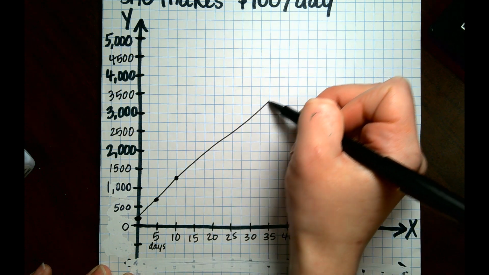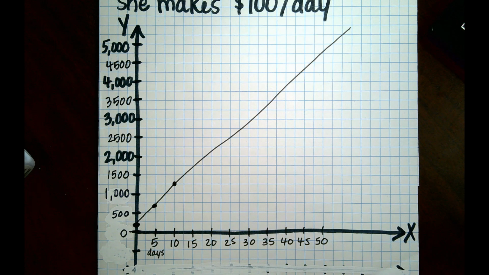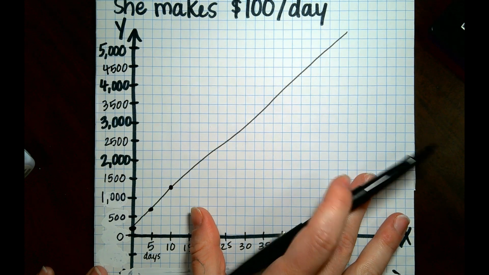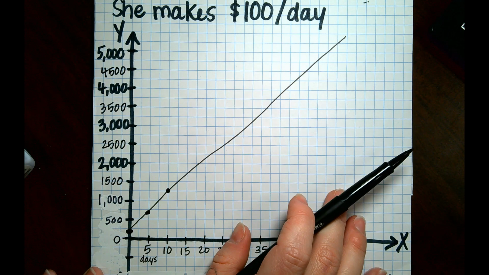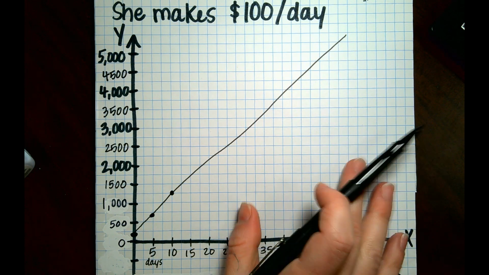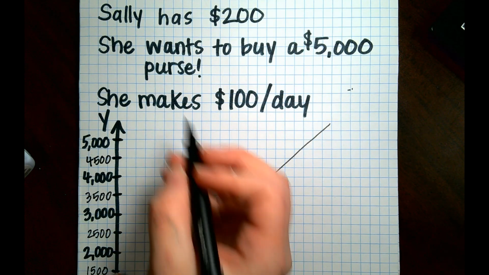So if I were to be really specific and draw a line, I could continue it on and see how many days it would take for her to get that much money. I don't know for sure, but let's do an equation. So sometimes drawing it out takes forever. You saw it, it's hard, especially when we're not working with nice clean numbers. But if I wanted to write an equation for this,